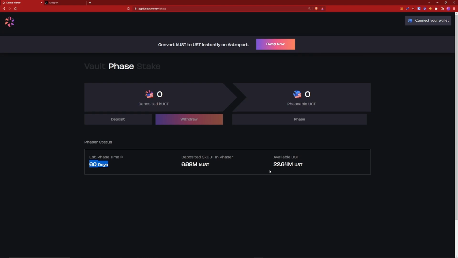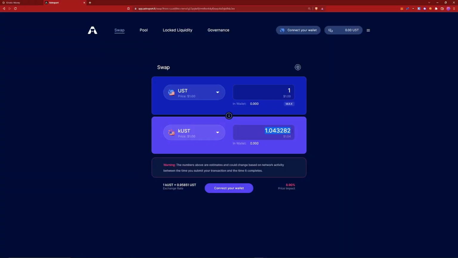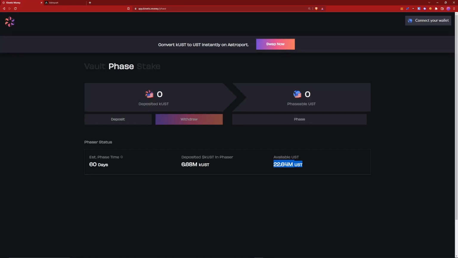As you can see, there is $22.6 million in USD currently in Phaser, and 6.6 million of kUST just pending, waiting to be redeemed for USD. You can actually arbitrage it now since every USD is worth 1.04 kUST, which means that on every 1 USD you will get an extra 4 cents if you were to put it into Phaser and wait out for 60 days. Now, I don't think it's worth it because 60 days is a long time,